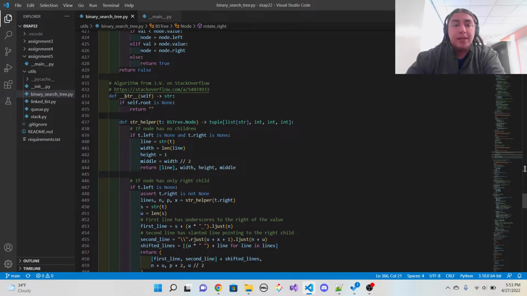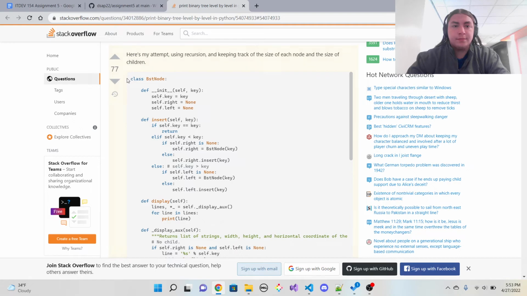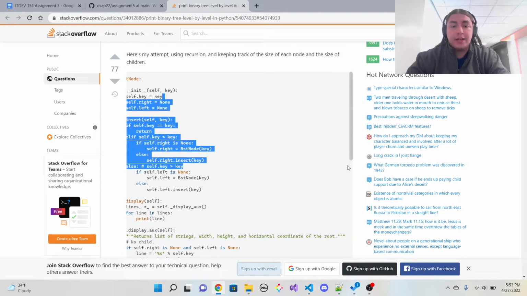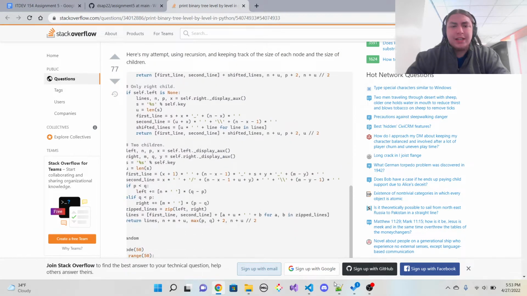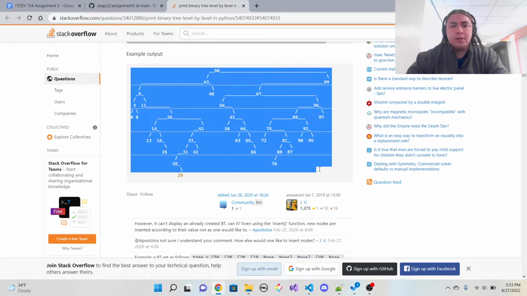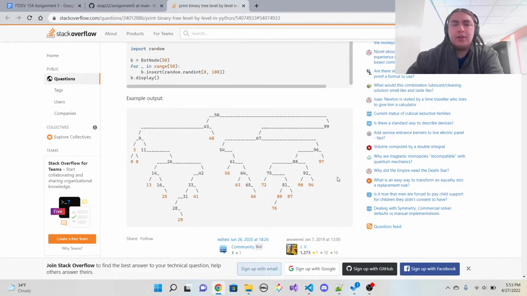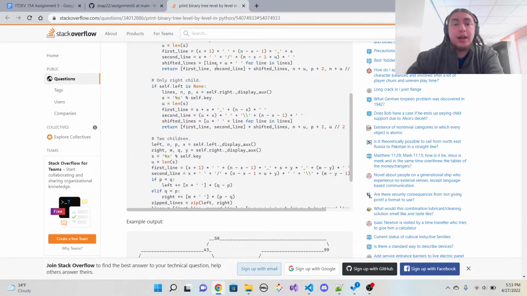This string method, by the way, I adapted it from an answer on Stack Overflow, which, let's see if we can take a look at it. Yeah, so they did a pretty neat visualization of a binary tree that I was able to use, but in order for me to feel comfortable using it, I had to change it from looking like this. But anyways,